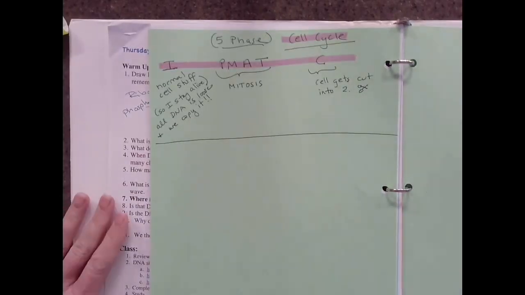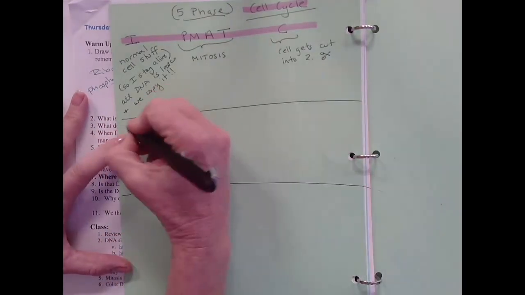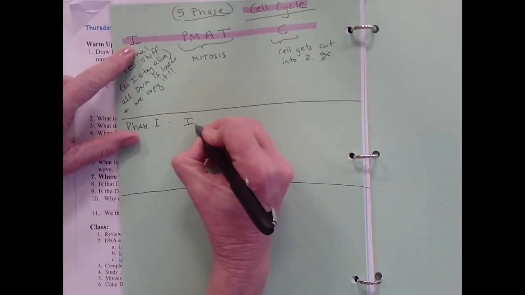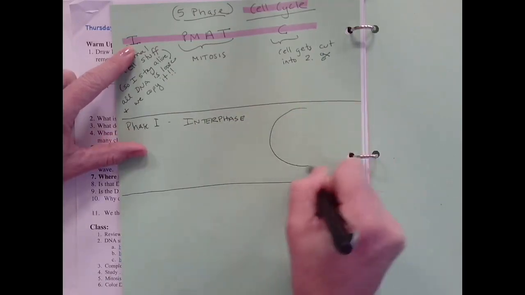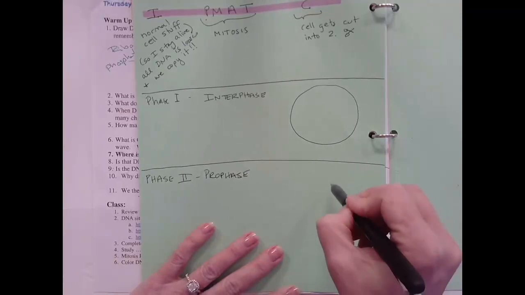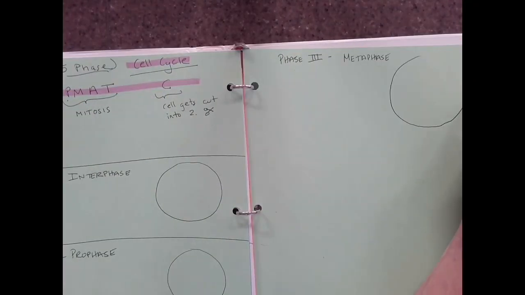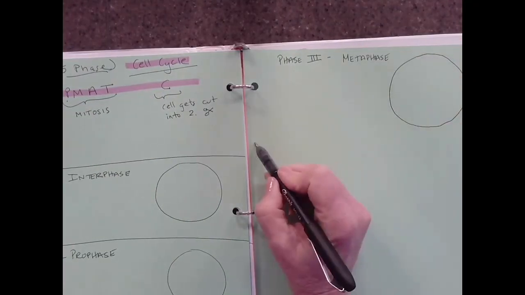So we're going to be drawing the phases. This is why you have 2 green papers. We're going to have phase 1, interphase. And we'll be drawing what the cell looks like there. We'll have phase 2, prophase. And we'll be drawing what the cell looks like there. We'll have phase 3, metaphase. We'll be drawing what the cell looks like in that phase. Phase 4,